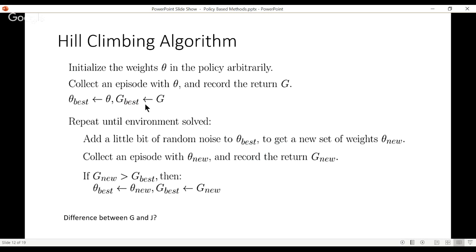And then again come another episode. If G increases, then you set the new benchmark. If G doesn't increase, we keep the same benchmark. Same for theta. If G improved, you change the theta benchmark. If G doesn't improve, you keep the same benchmark as previously. So solve the environment, run as many episodes as possible until you get